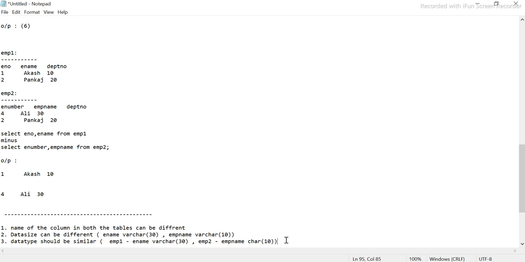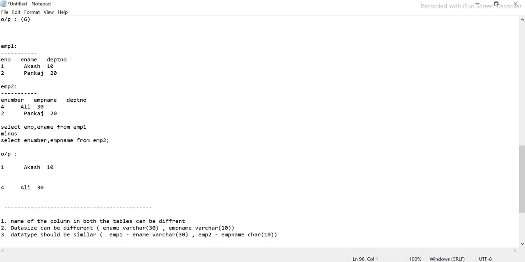But what is not allowed is this. Fourth point: data type should not be different. When I say different, ename is varchar, and ename cannot be number here, guys.